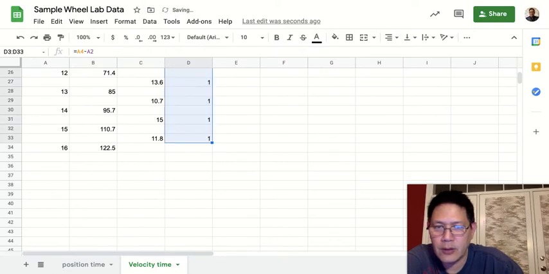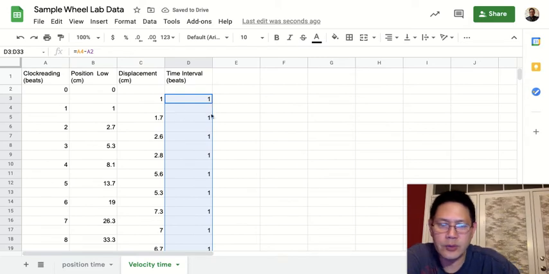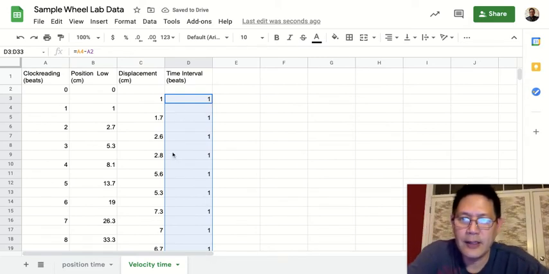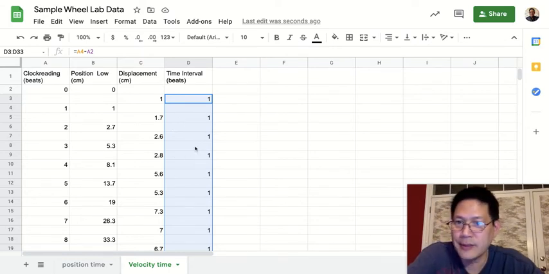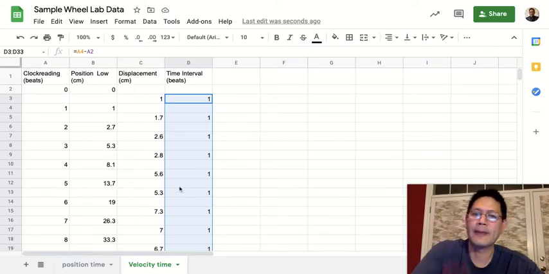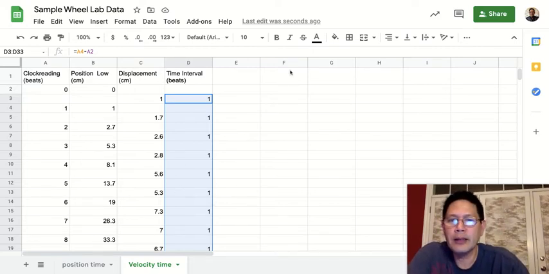And that will give me the correct run, which is 1 every single time. Now, it looks kind of simple for this experiment, but in other experiments, maybe the time interval isn't the same all the time, or maybe the time interval is 2 beats or half a second or some other number. Okay. All right, next,